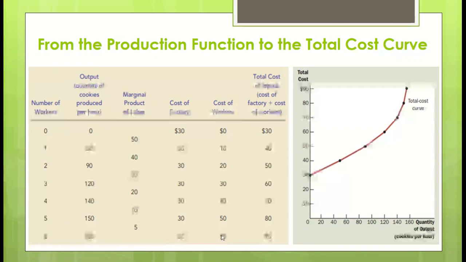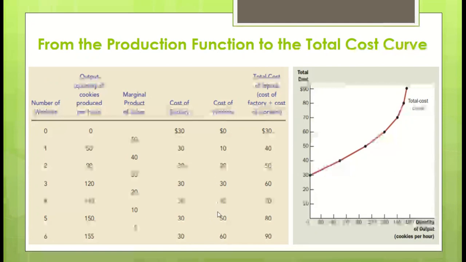And in the start I told you the formula of calculating the cost of workers, that is the wage rate W multiplied by labor. So here in this case the wage rate is $10. So by adding 6 labors, that means for the 6th labor the cost of workers is 6 multiplied by the wage rate, that is $10. So it is 6 multiplied by 10 equals $60.